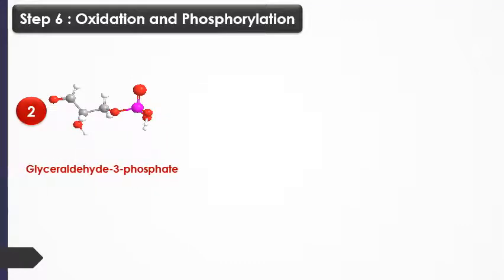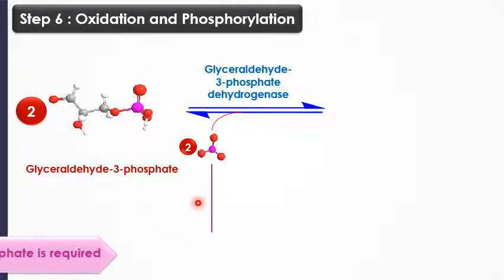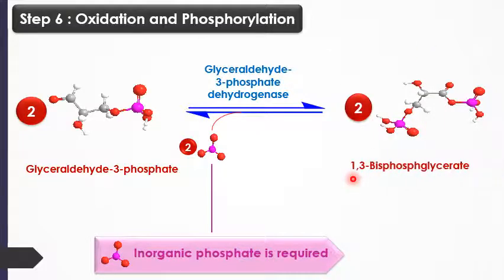Step 6, oxidation and phosphorylation. In this step, the two molecules of glyceraldehyde 3-phosphate will undergo oxidation and phosphorylation in the presence of the glyceraldehyde 3-phosphate dehydrogenase enzyme and react with two phosphate groups that come from an inorganic source instead of ATP, unlike the previous steps, forming a new compound which is